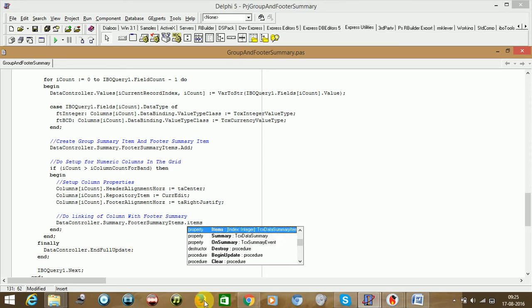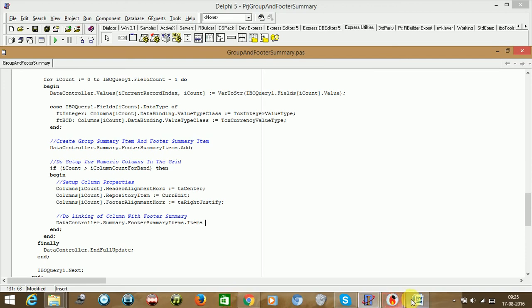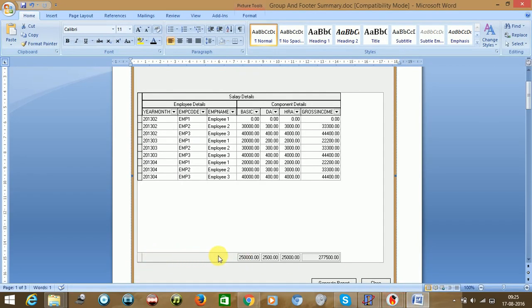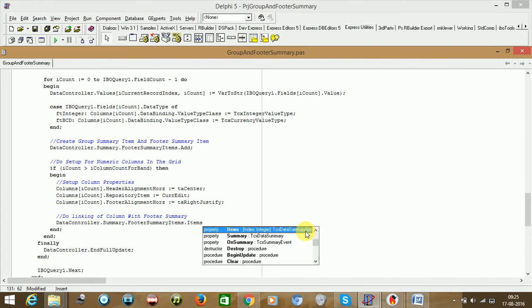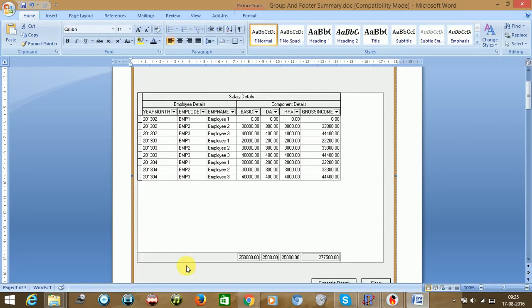Now don't confuse, I would let you know this is footer summary items dot items of this index. Now you could see here, this is the index here. So you need to specify that index. So what we are going to do here is the footer summary item dot items of this, we are going to link to this column.